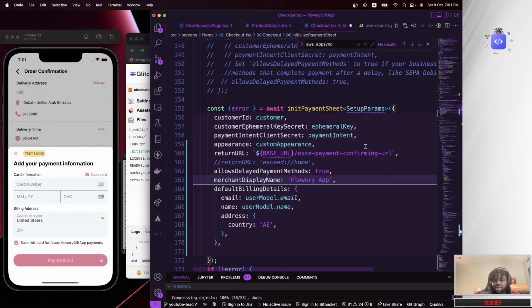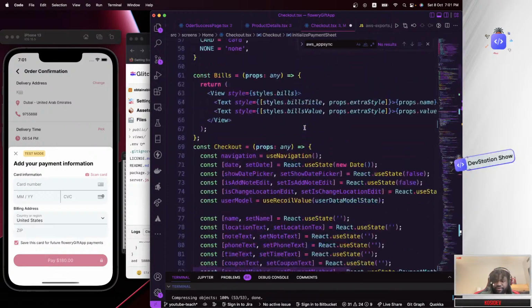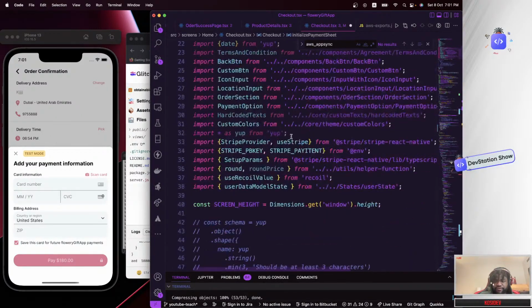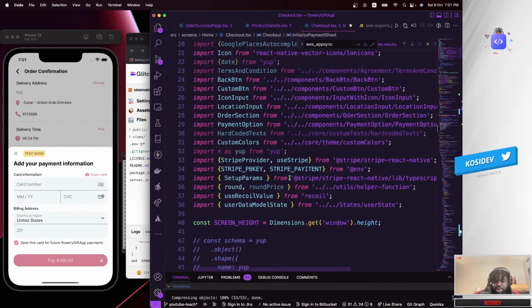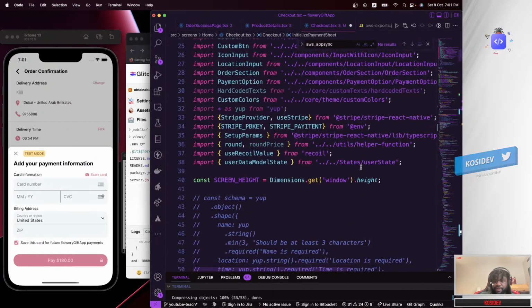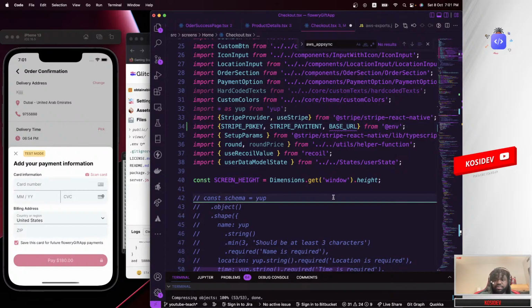So there we go. And for the return URL, the base URL, we need to get that from our .env, our environment variables. So where is that again? Because I remember that we added a .env. Yeah, so I see. We need to add that somewhere here. Paste that in here.